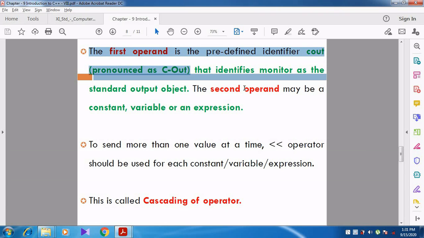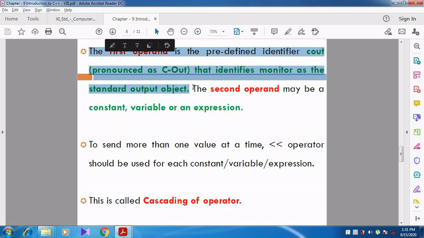Is it right or not? Sometimes we take a printout. At that time, the printer is the output object. But most of the time we view the output on the monitor. So the first operand is the predefined identifier pronounced as Cout, that identifies the monitor as the standard output object.